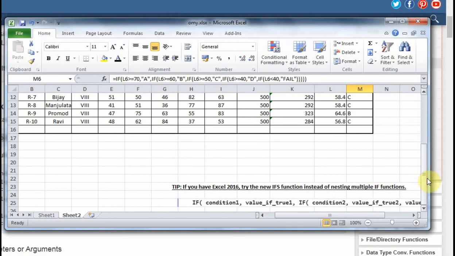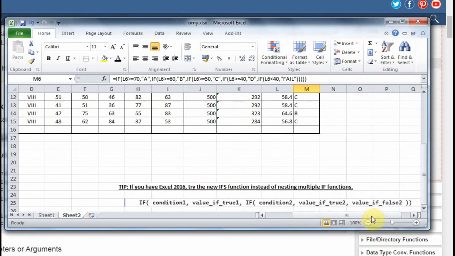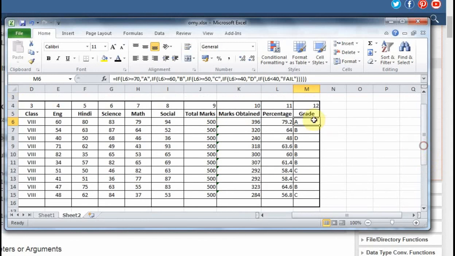But if you don't, you can use this nested if. In this, the simple thumb rule is your condition. Here our condition is percentage greater than this, based on which the formula is there.